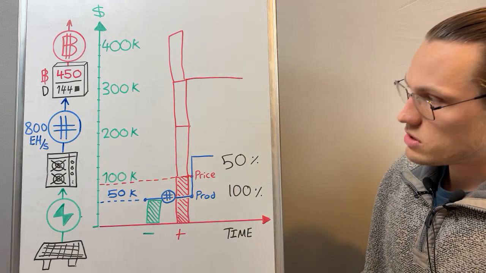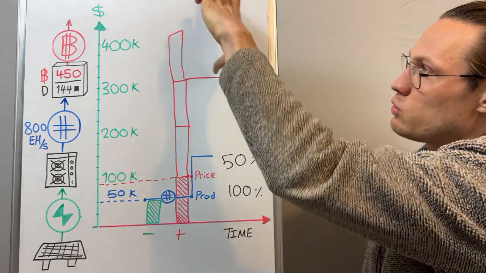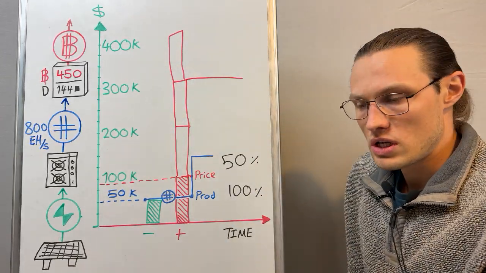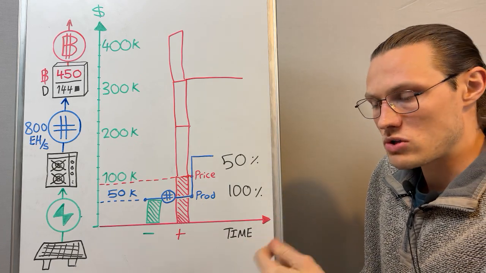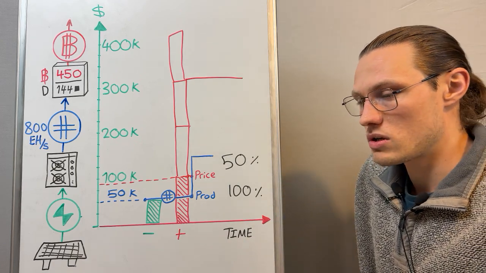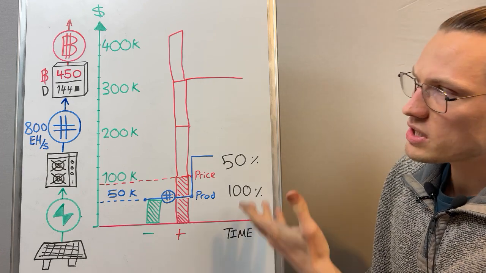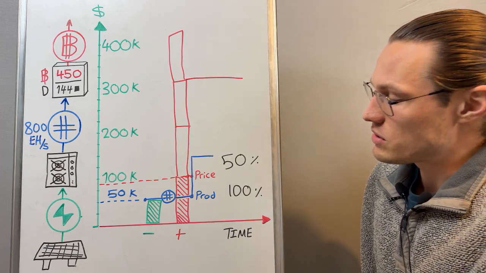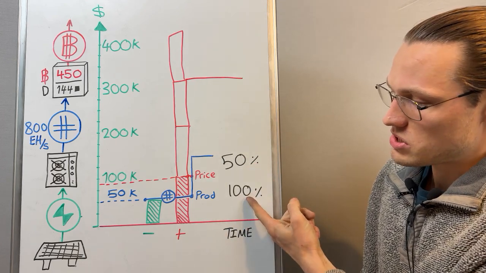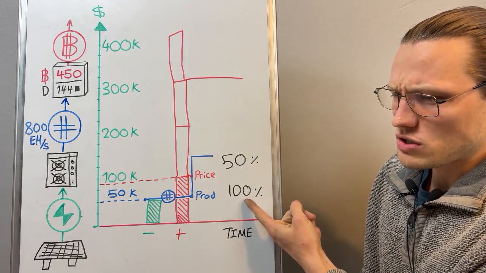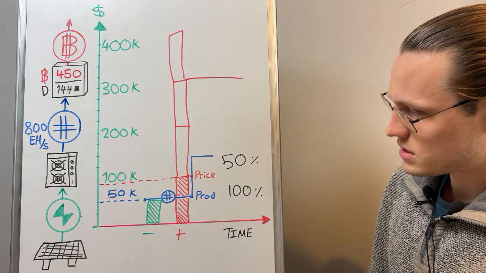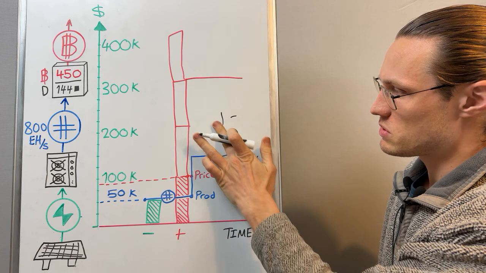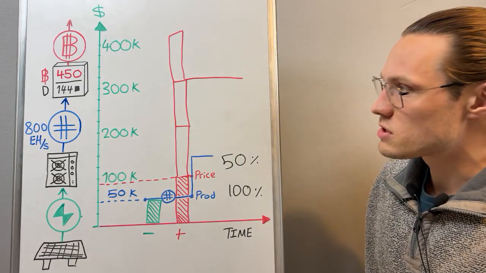So what you're doing is you can compare the reward, what you think the upside is, versus the risk, which is the downside to the production floor. So you have a dynamic decision maker of how much risk versus reward that you're willing to take. And this works, I don't recommend selling Bitcoin, but it works the other way around. You can understand, is it a good time to sell? Absolutely not, if it's at the production floor. Is it a good time to buy? So you could essentially do, if you want, 1 minus the percentage price difference between price and production. But I'll do some more videos on this.